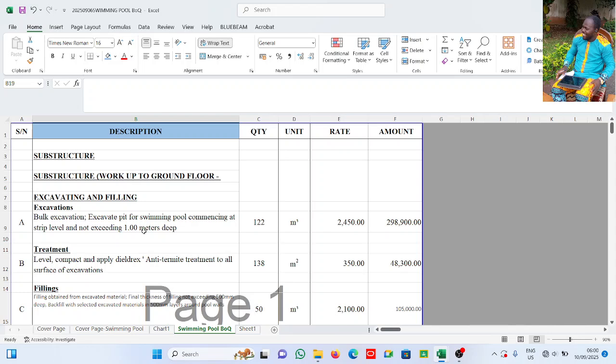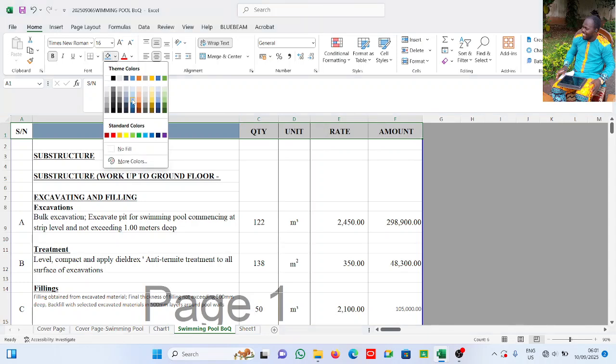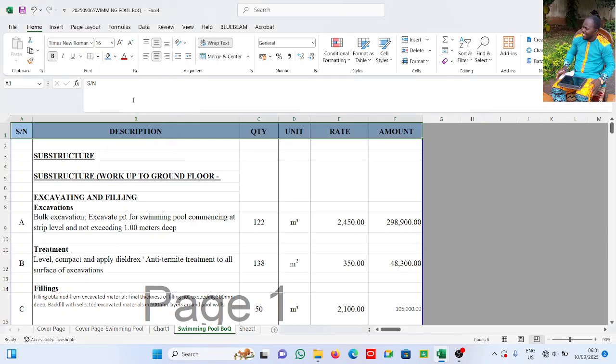Now, if you look at what I have here, this description is highlighted blue, right? And what I have there, I don't have only description, I have so many other ones there. I have quantity, I have unit, I have rate. I want to apply everything. One way I can highlight everything and go and look for the blue color that I use and search for it, then apply it. Let me see, is it this one? I think it is. Alright. Or